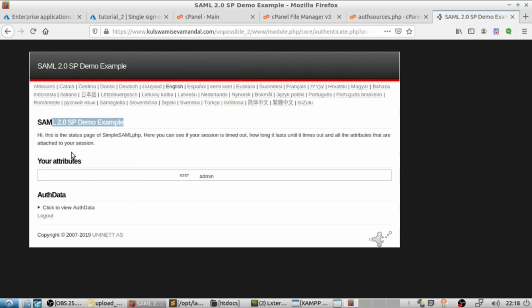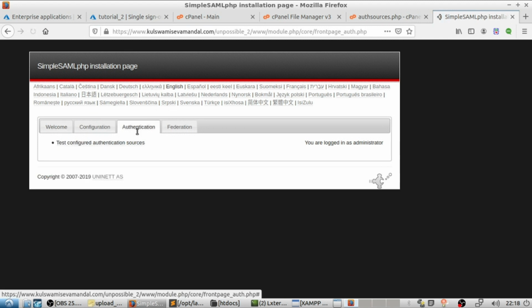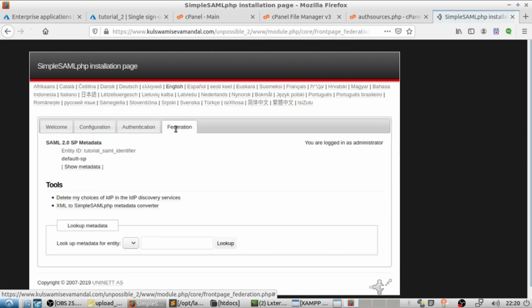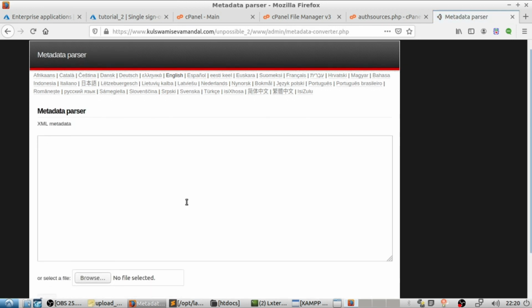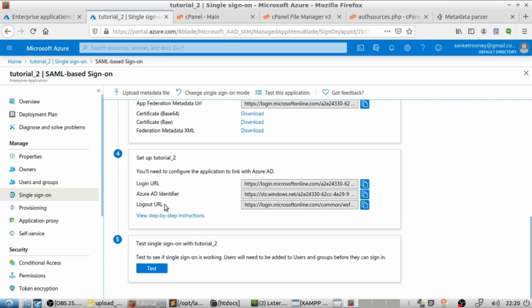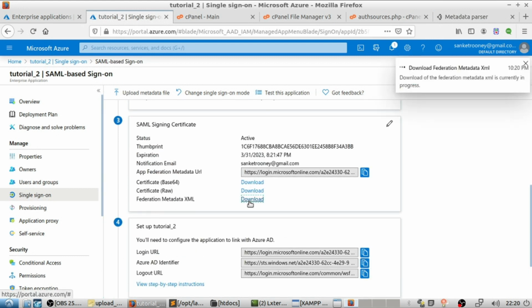Now again access www folder. Go to Federation tab. Click on XML to SimpleSAMLphp metadata converter. So go to Azure site and download XML file.